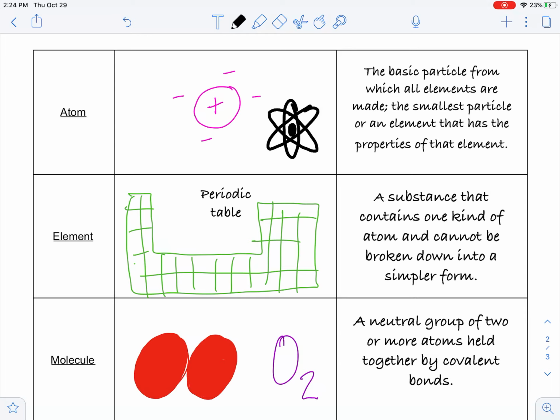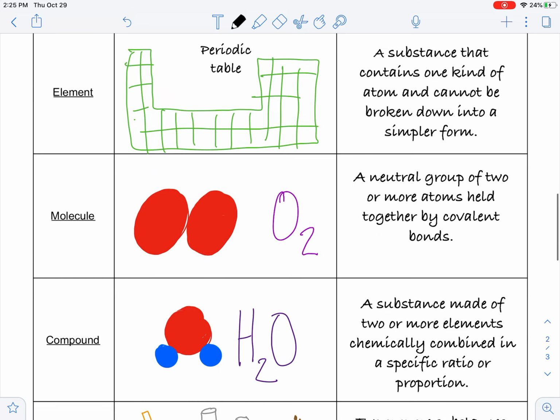Again, it's just that one single basic piece that everything starts as. That's our atom. Now, if we start to combine those atoms, we get an element. That's the substance that contains one kind of atom over and over again, and it can't be broken down into simpler form. So everything found on the periodic table of elements, that's what I drew for my memory trick, is going to be an element. It's just a combination of the same atom over and over again, which is causing it to be pure. The only difference is we are counting how many protons and electrons we have, and that's what changes the element going from one element to another.